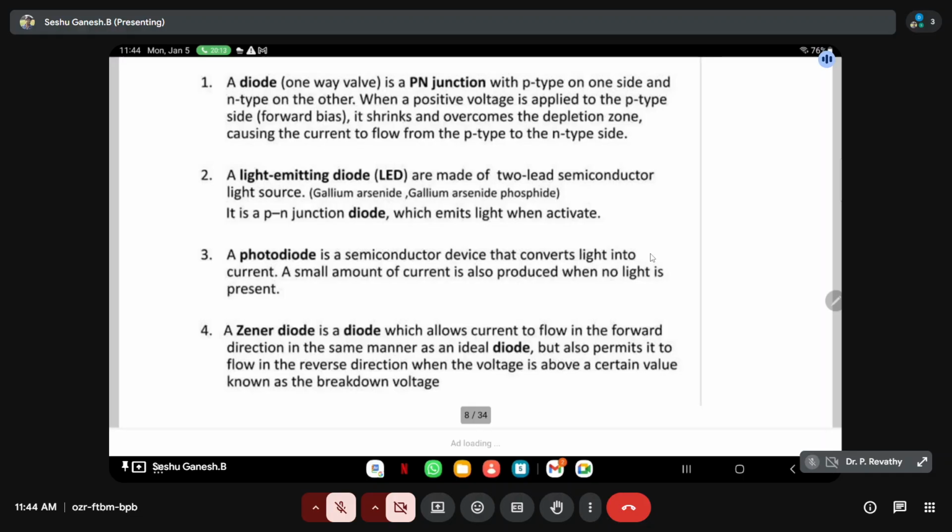It is a one-way valve. It is called a one-way valve because it conducts only in one positive half. Otherwise it remains open circuited. Okay, so when the positive voltage is applied to the p